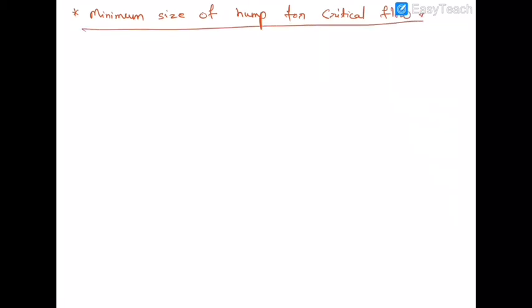Now let's find the minimum size of hump which is required for critical flow. What is the energy equation in case of hump? E1 is equal to E2 plus delta Z. For critical flow condition,